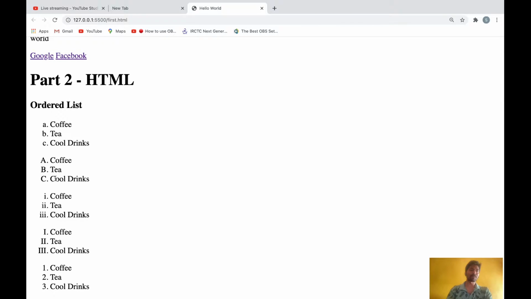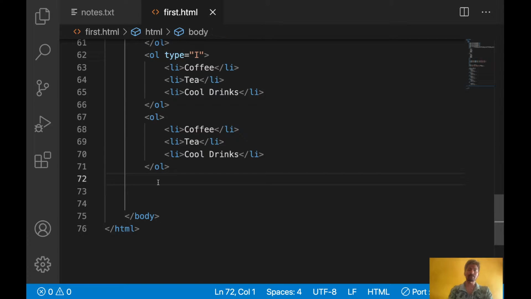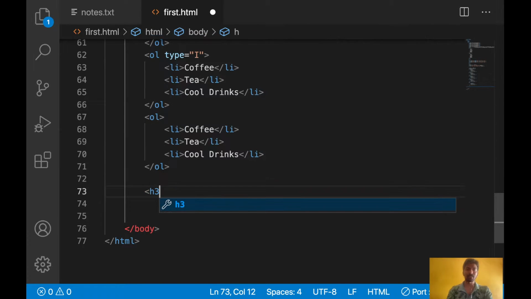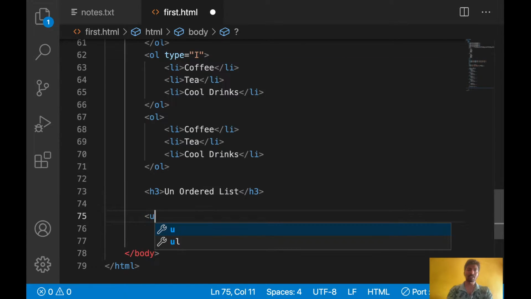Now I am going to show you unordered list. I will write some heading just for differentiating: unordered list. Unordered list we will write using the UL element.